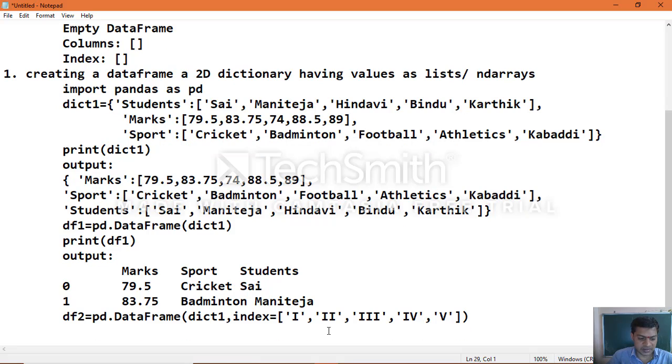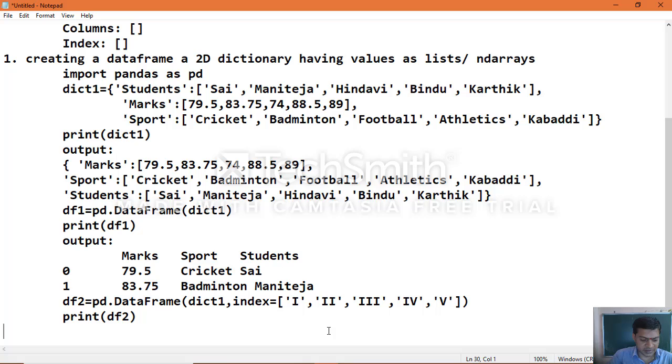Now if we execute this data frame object, you will see the output with your own index.